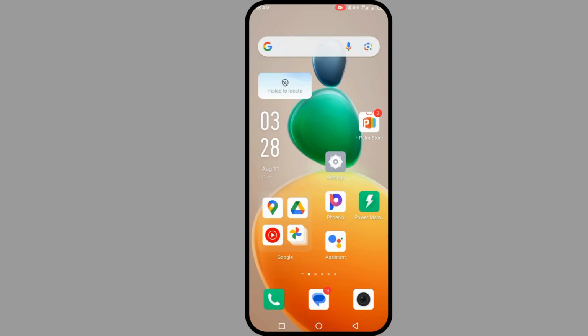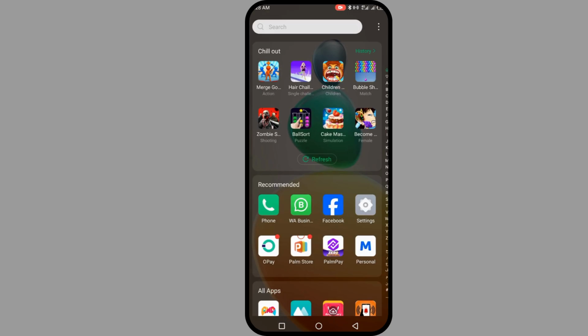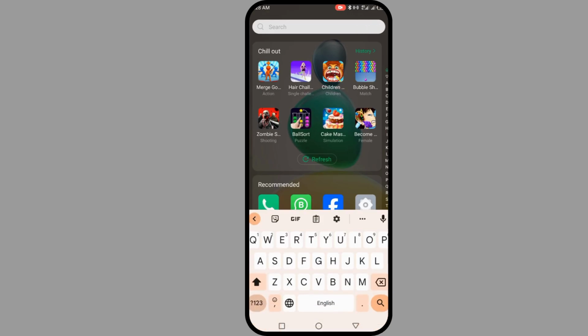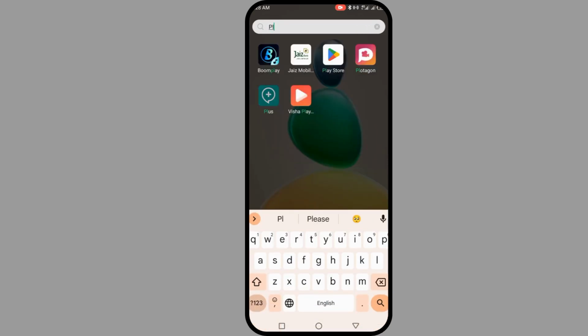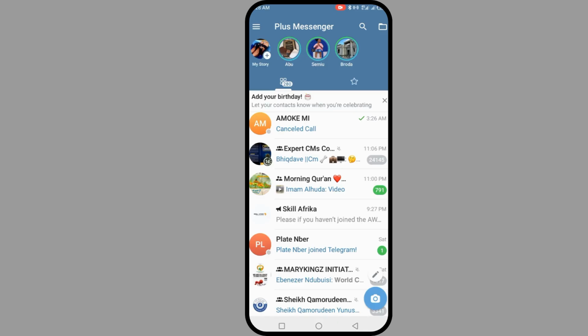In today's tutorial I'm going to show you how to delete messages on Telegram. So let's dive in. You open your Telegram. Let's search for our Telegram. That's a plus. Click on it. Then once you open your Telegram,